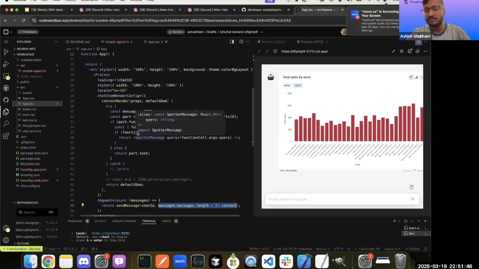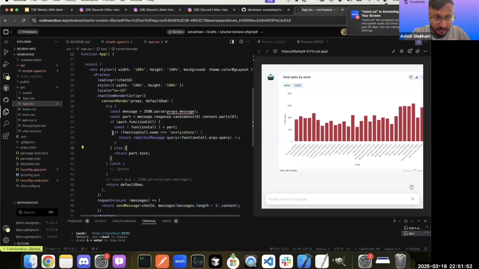And if that response says that I need to make a function call for analytics, for analyze data, that is what this line does here. I should render a spotter chart. Otherwise, I just render whatever text the agent has returned. So that is what we see